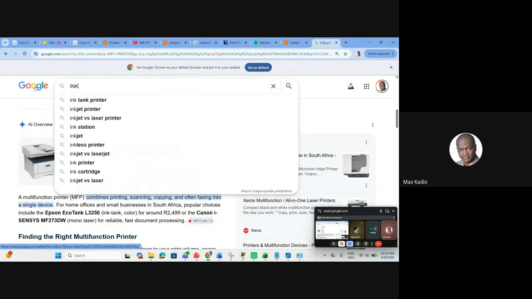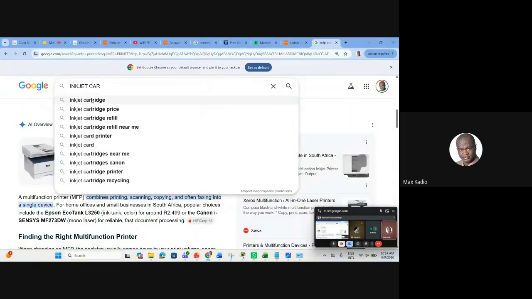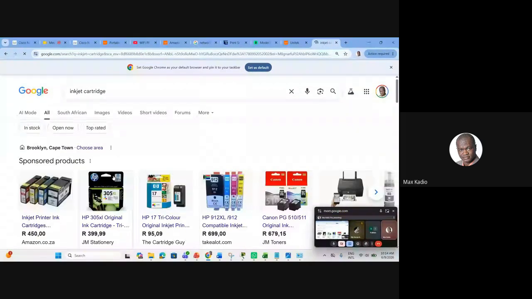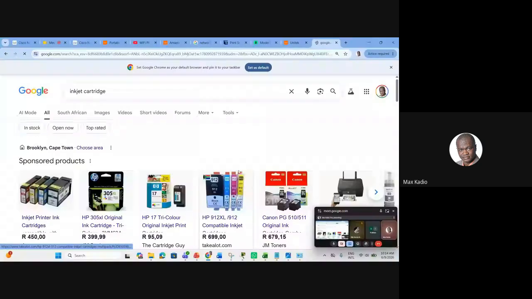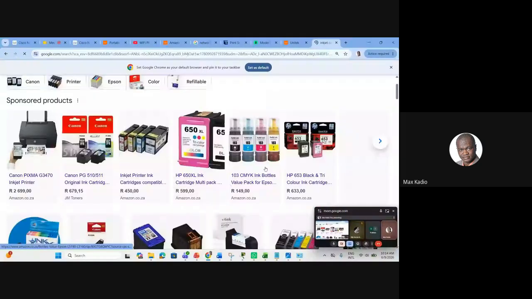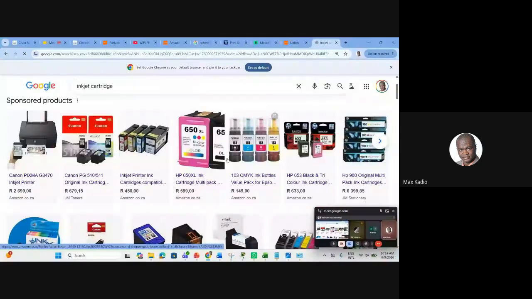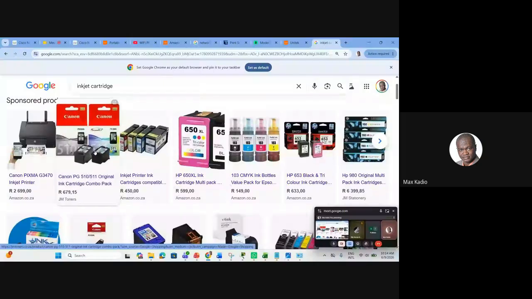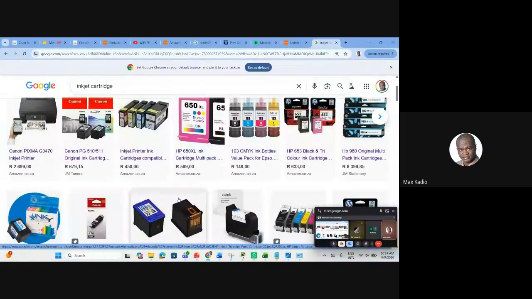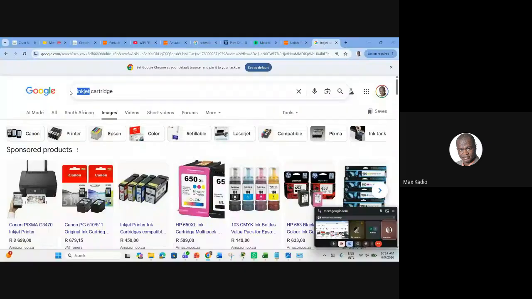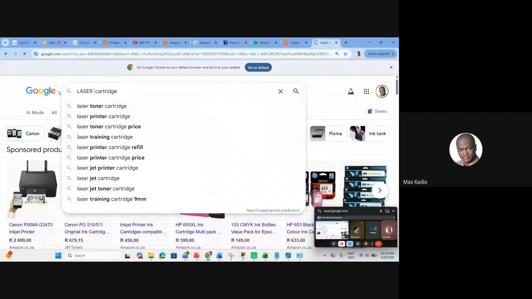Inkjet cartridge. So if you have such printers, you can buy these cartridges to replace. If you want to replace, these are some cartridges you buy to replace. You can also get a laser printer.